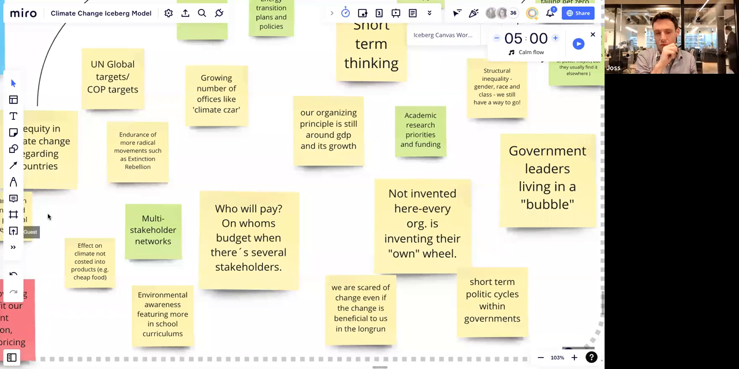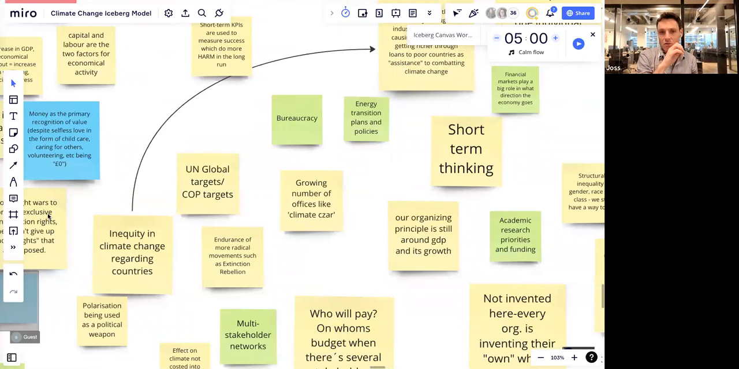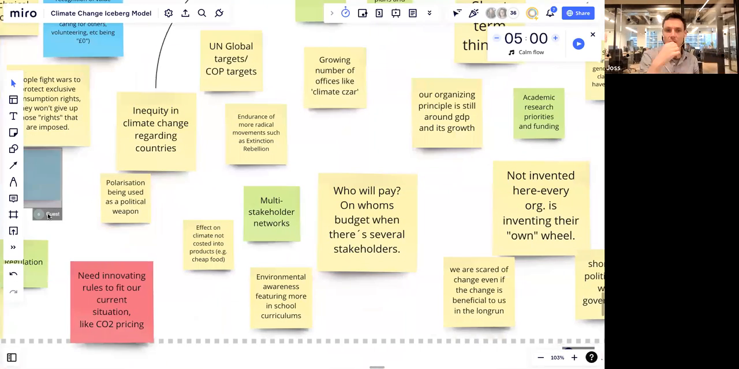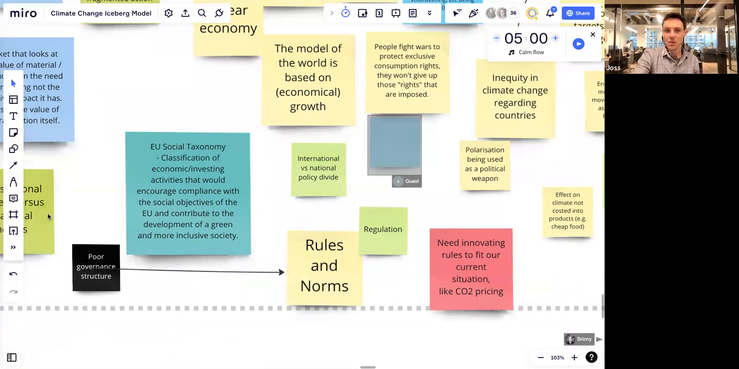environmental awareness featuring more in school curriculum, UN global targets, COP targets, growing number of offices like Climate Czar. Inequality and climate change regarding countries. Yeah. Polarization being used as political weapon. Yeah, we're getting a political crisis at the same time as an environmental crisis, rendering kind of polarization and paralysis. Regulation, rules and norms,